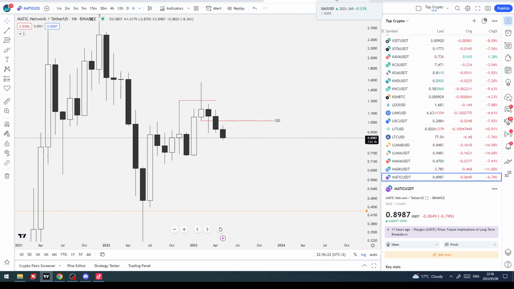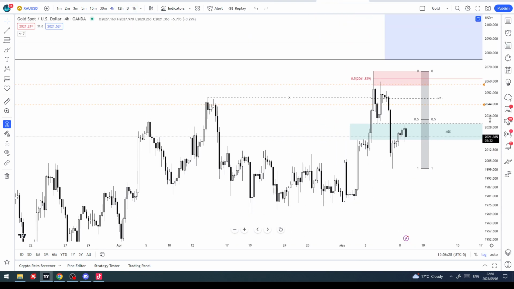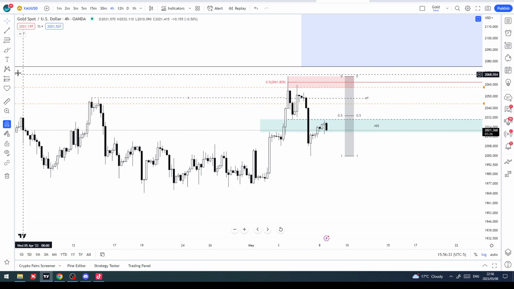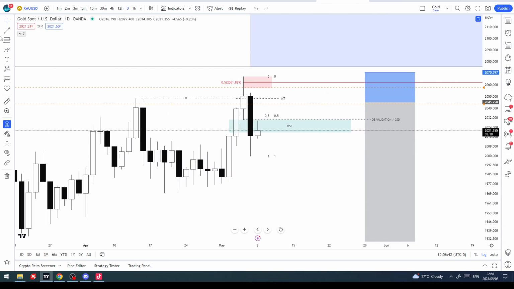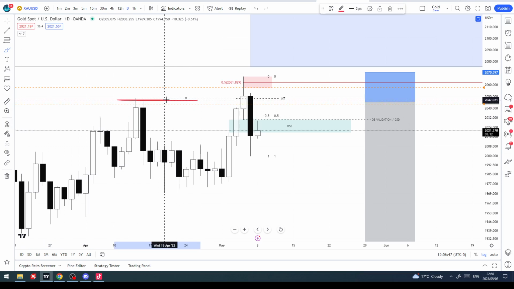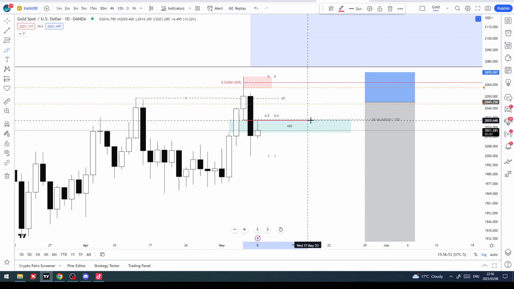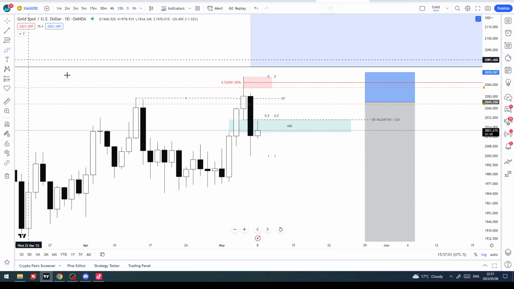Right, let's take a look at gold, because this is doing some good things. Now that I've explained all that, let's look at the daily. We've taken the high here, right? The candle that took the high gets traded through here, so that validates it as an order block. This fair value gap gets closed below, so it's a market structure shift.